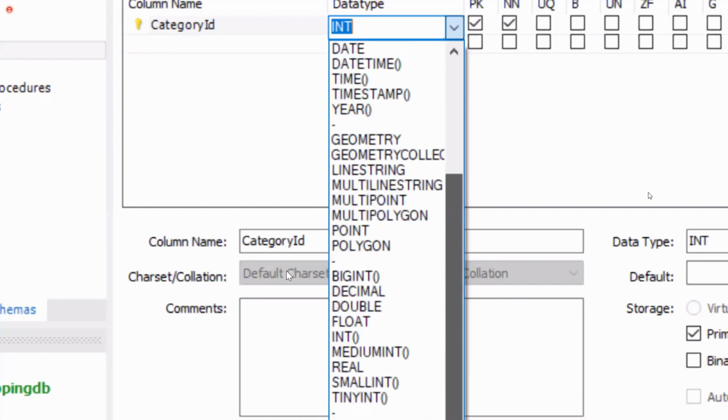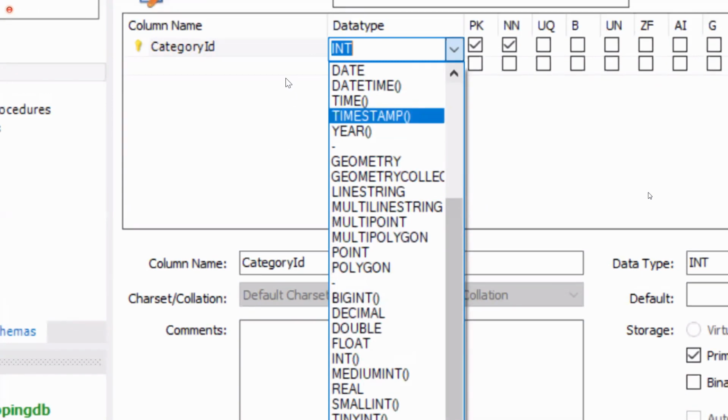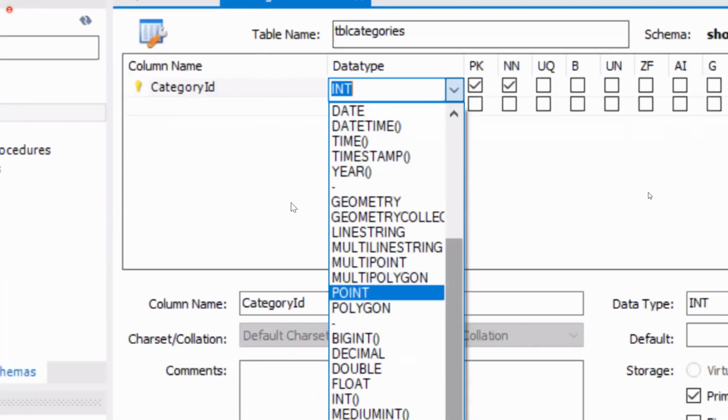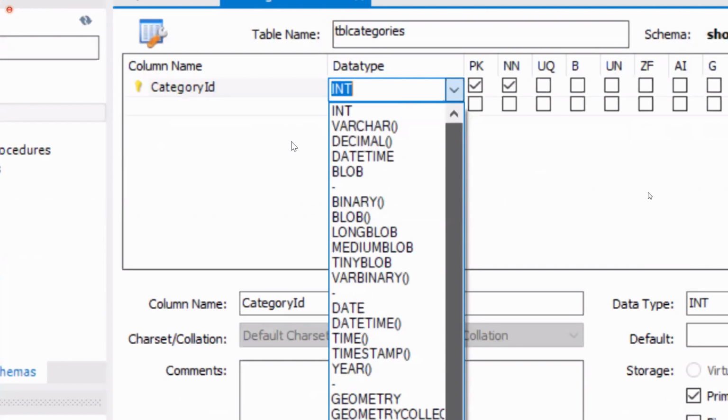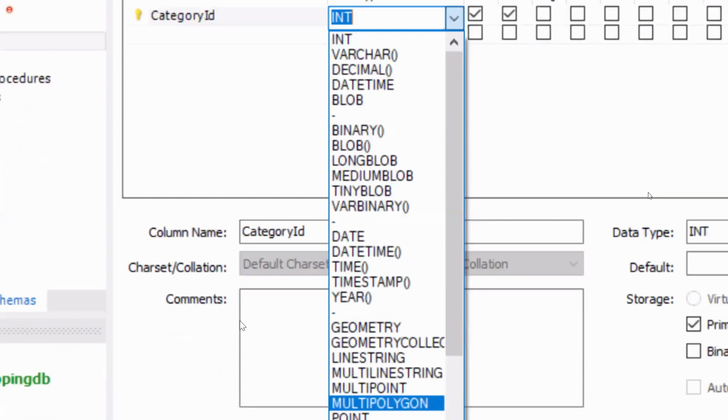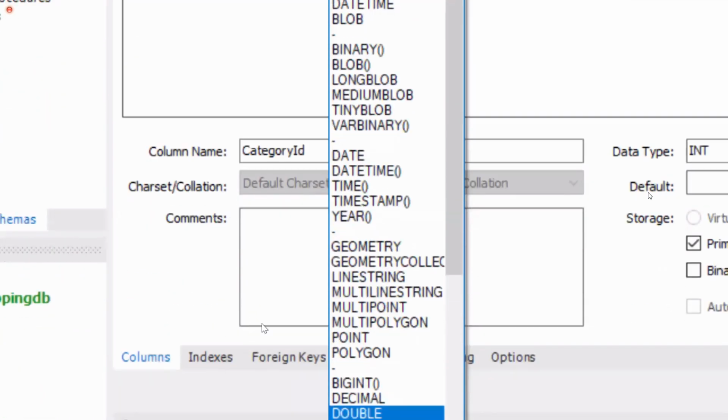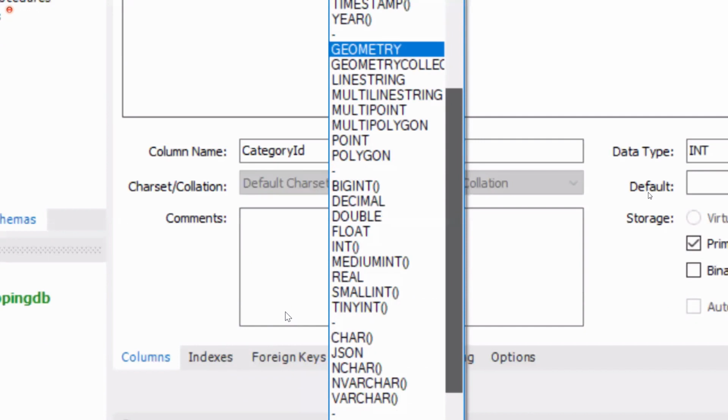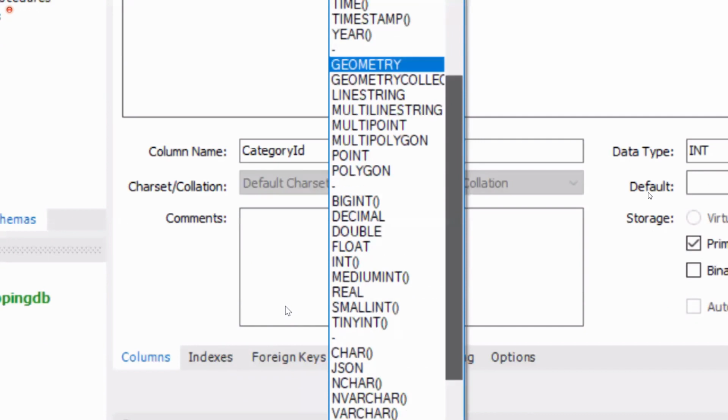We have to define by using these blobs. You can configure lengthy values by using long, medium, and binary, and all these options you can define. Date time, we can use date time. Other options are available here. These are all different data types available.